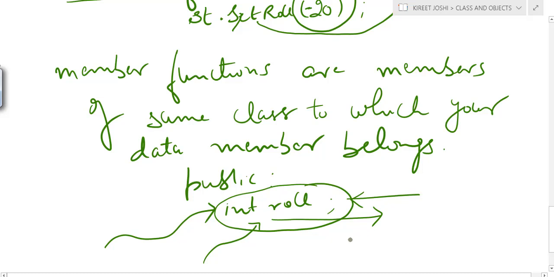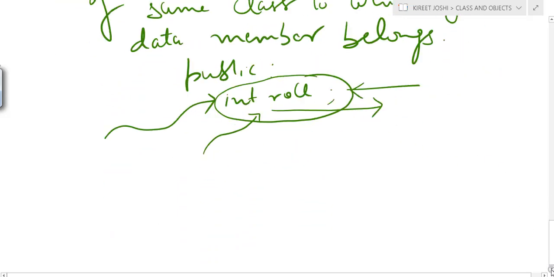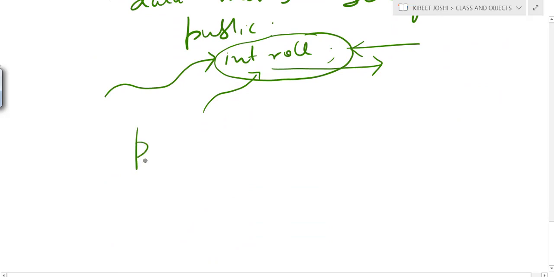So to restrict this, C++ has provided a specifier, and the specifier is the private specifier. C++ says that you should declare all your data members inside the private specifier only.